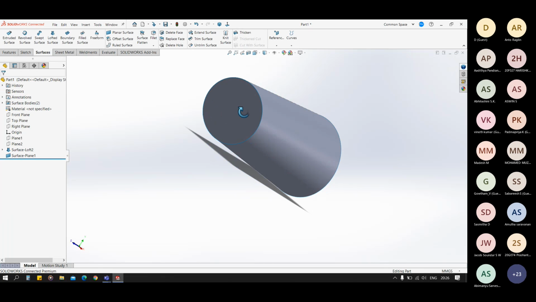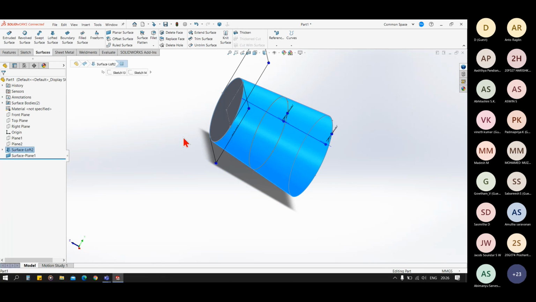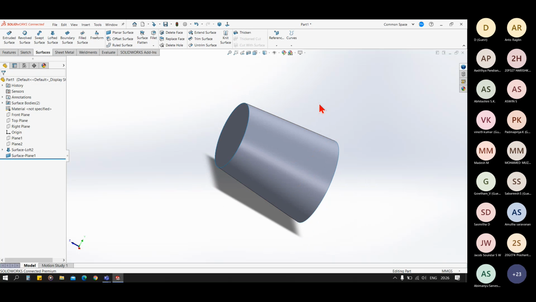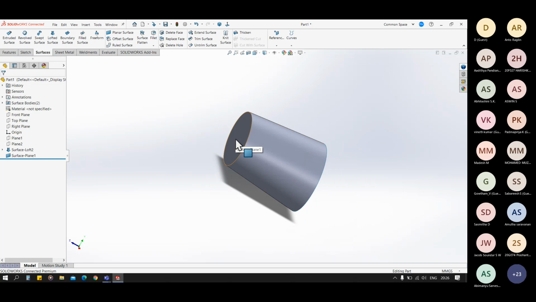So you can see we can close this end using the planar surface. Okay. Now for the boundary surface.